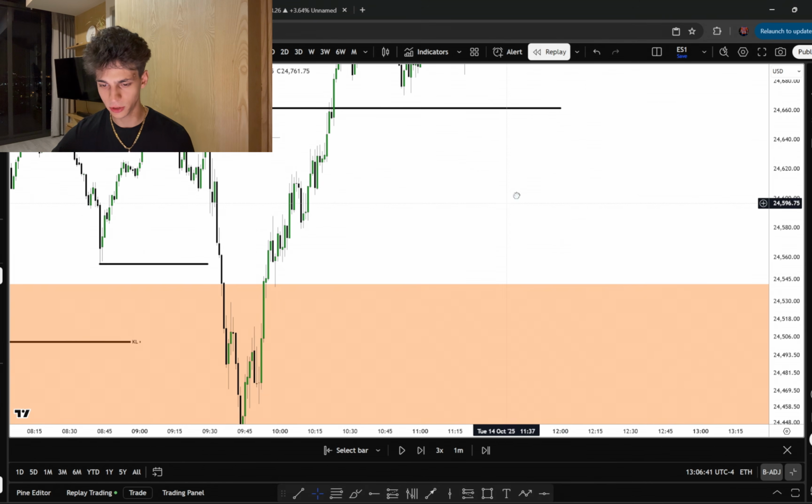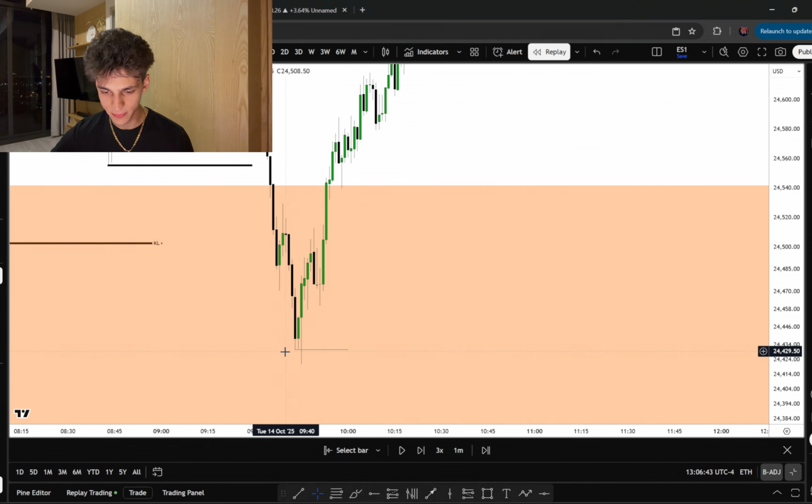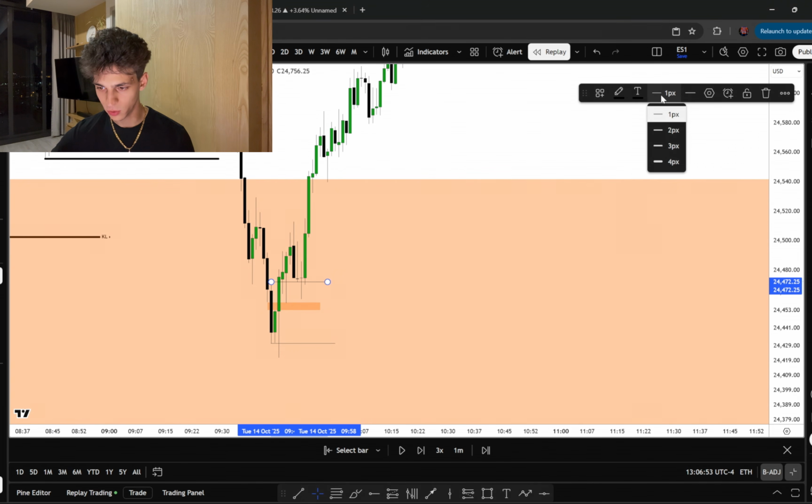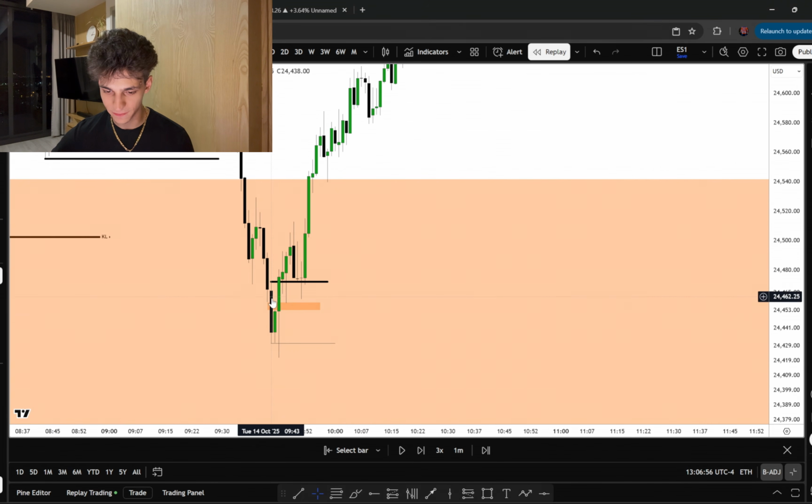Now let's look for the actual entry. Price sweeps those 15-minute lows. We finally create an IFVG right over here, but that is not the entry just yet. Remember before, we're waiting for the order block as well, which forms as soon as price closes above the last bearish candle in the range, right over here. 943 candle, we close above that with the 945 candle,